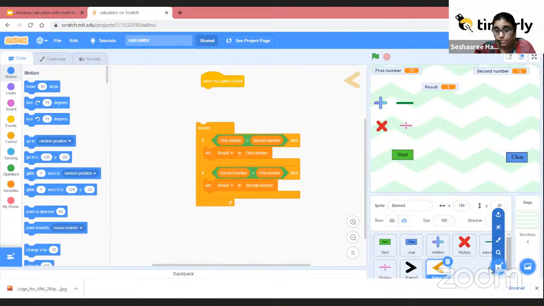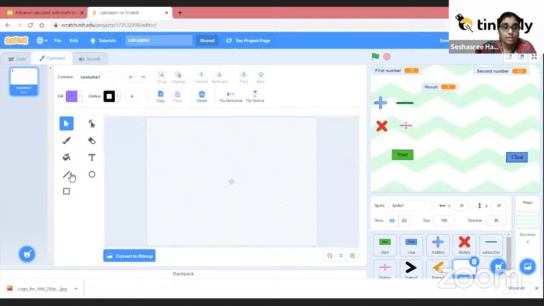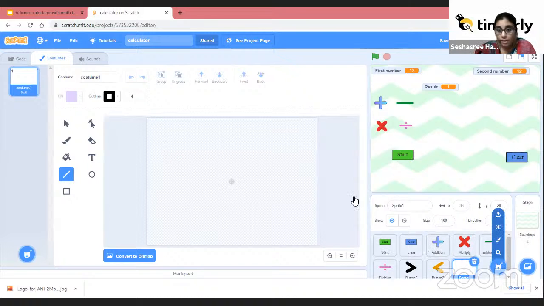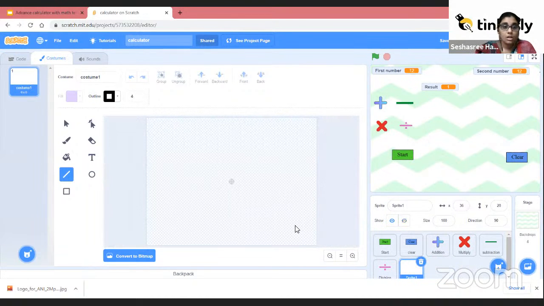I'll do it again. So open a paint, go to the pen, line symbol. Open a new sprite and go to the symbol. Let me close this. Let me delete this. Yes. So now I'm going to draw a line like this and this. And let me make it thicker. We make the brush thicker. Let's say 20 should be better. And to select it,